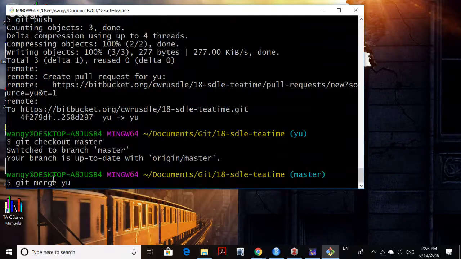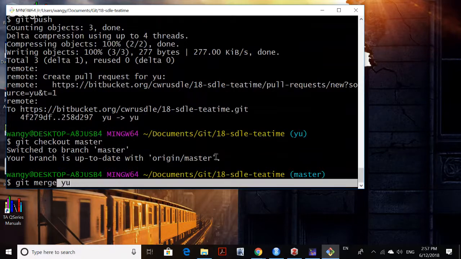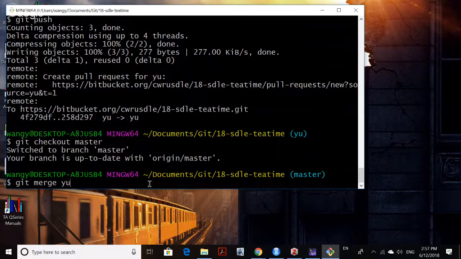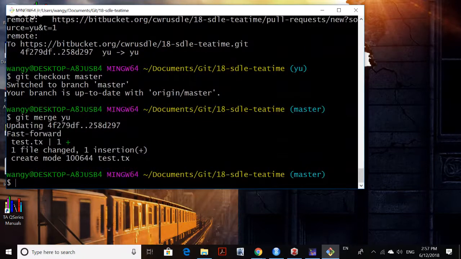You should notice that this git merge command is used to merge the named branch into your current branch. So if you want to merge a different branch, you're going to go to another branch first and do the git merge command line. And in this way, I merge here. Lucky we don't get any merge conflict here. In this way, we can git push,